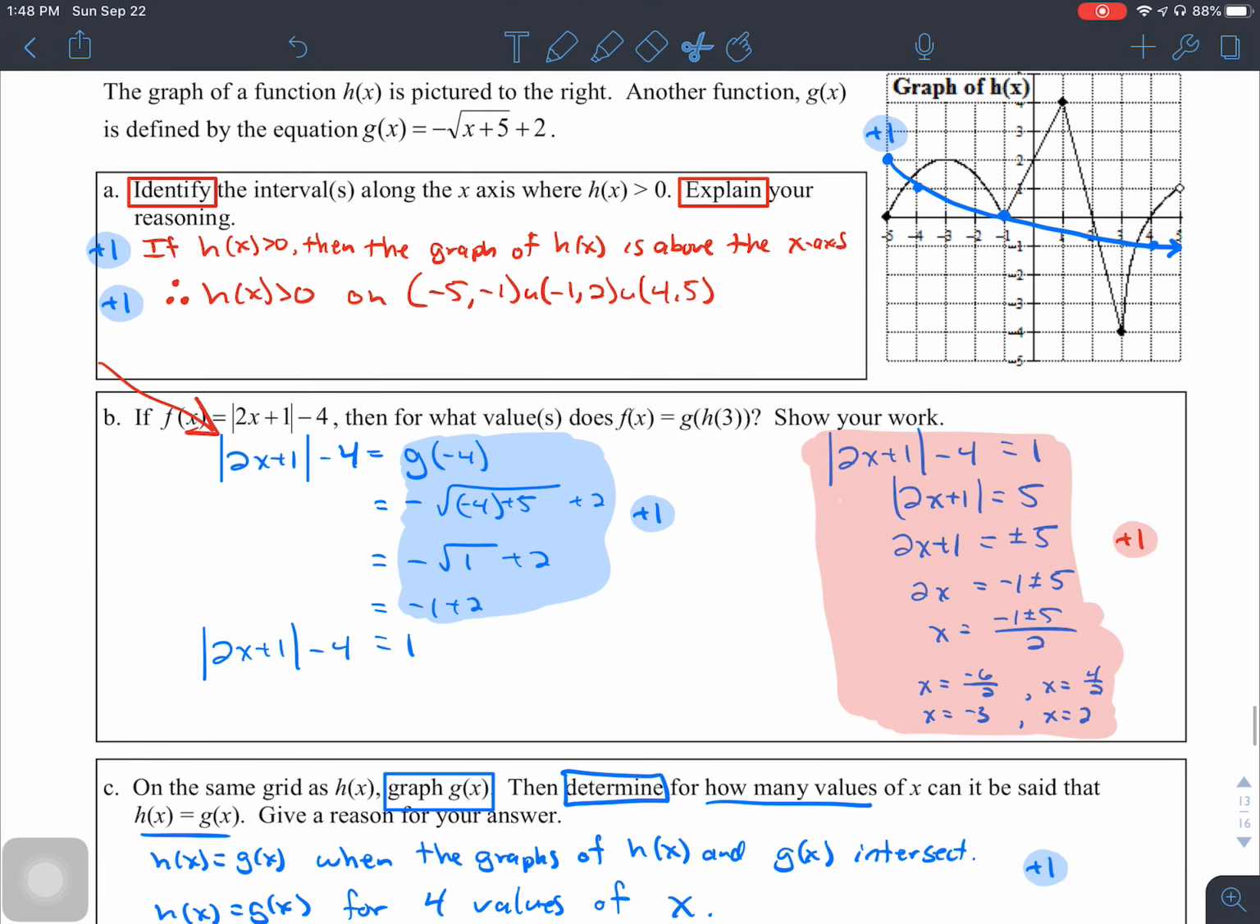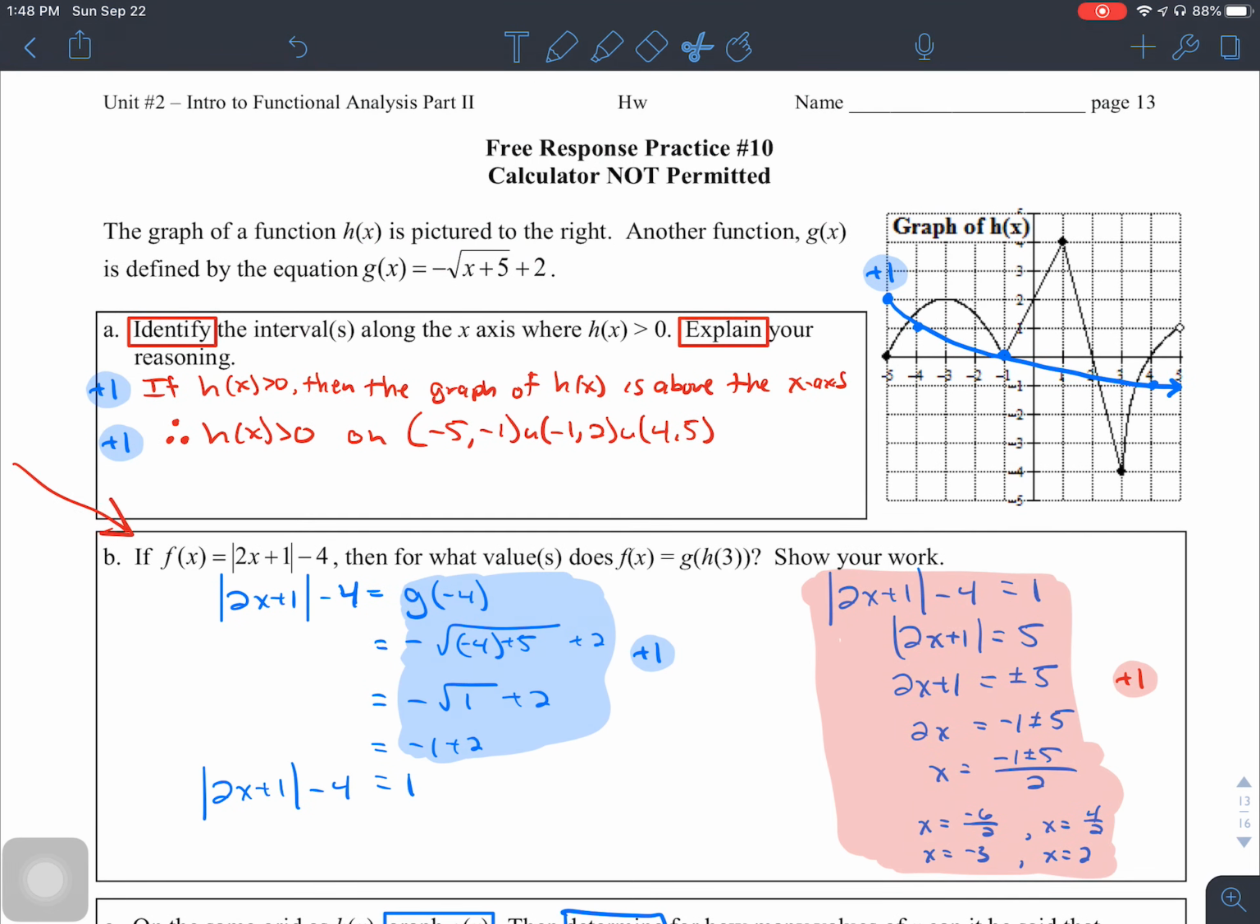Part B. If f of x, this is a third function. So we got h, we got g, and now we got f. If f of x is the absolute value of the sum of 2x and 1, minus 4, then for what values does f of x equal g of h of 3? Show your work. I should have mentioned for the last one, there's 1 point for each of those answers. This one's a 2-pointer. You get 1 point for identifying what g of -4 is. Show your work, you're going to get -1 plus 2. You are plugging,